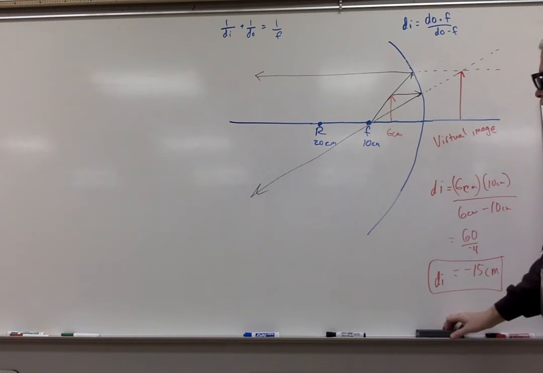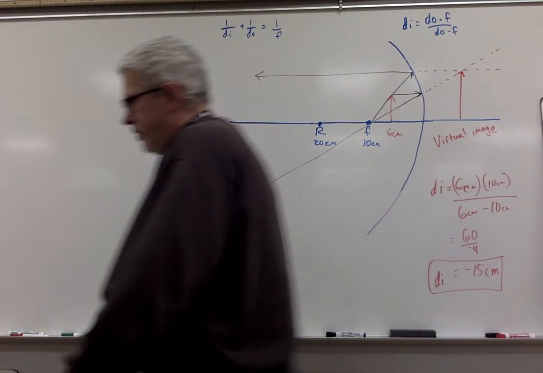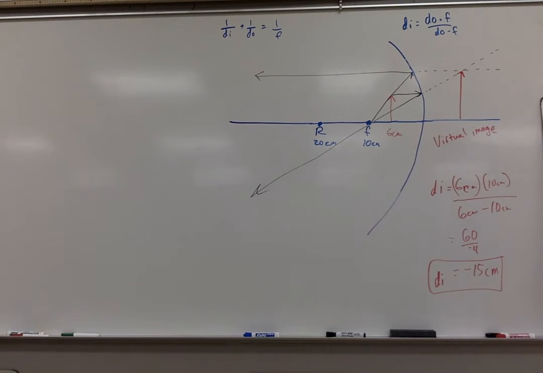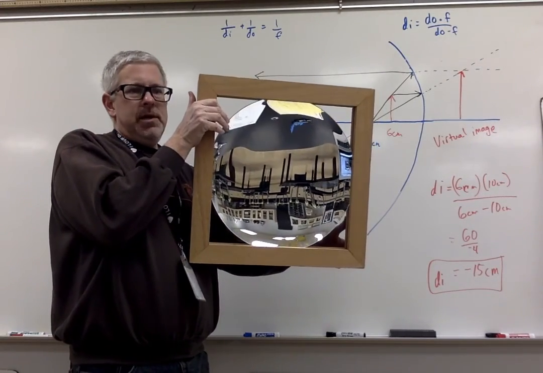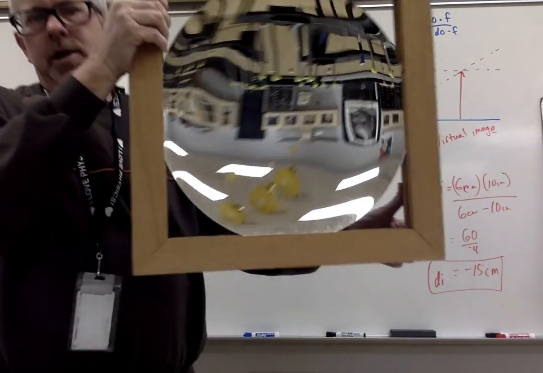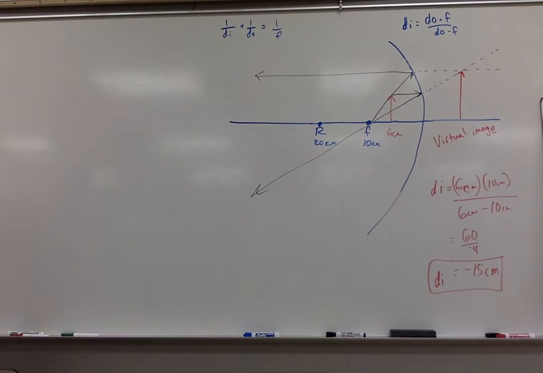Okay, we've got one more example to do. All these were with a concave mirror. We're going to do one with a convex mirror. In class, I've had these mirrors for a while. What you should be able to see is, if you're pretty far away, this should give you an upside down image. That upside down tells us we could get a real image from that. If we move it close, at some point, it should cause things to be right side up. I don't know if that's going to work in a mirror of a lens, with reflected, reverse images, stuff like that. So who knows? A convex mirror, though, is